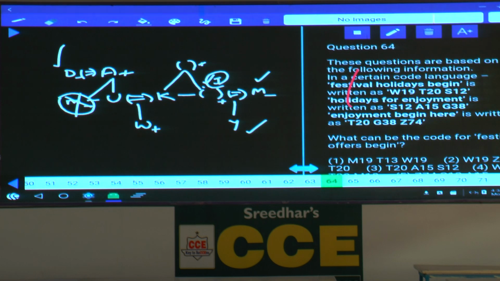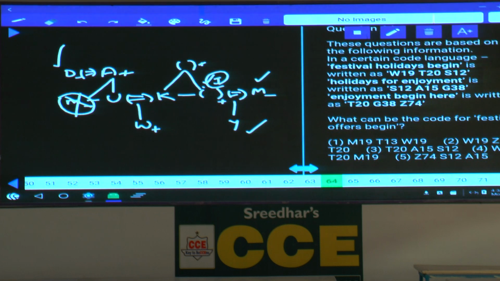Then question number 64. In a certain code language, festival holidays begin is written as